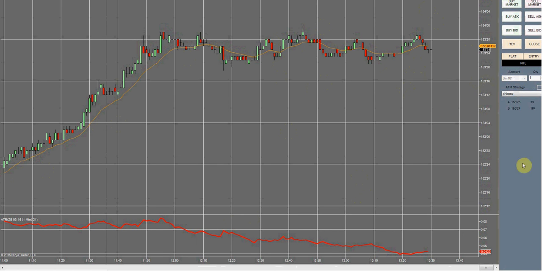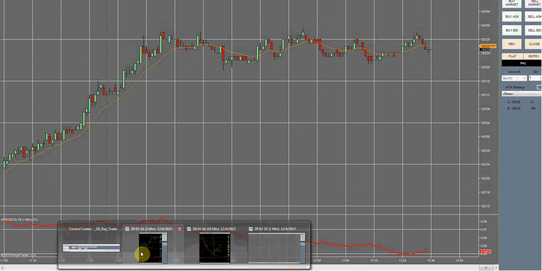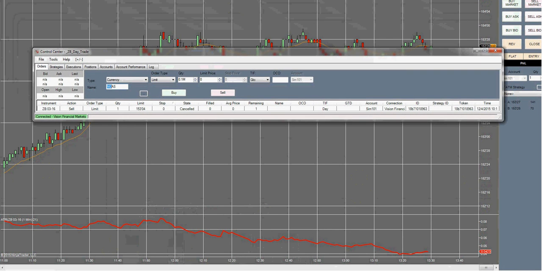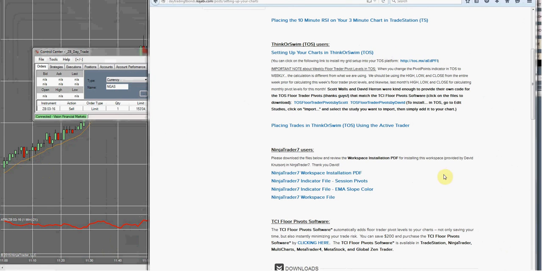And as far as actually adding the tools, when you get in the back office and they have it where you can download the different items, what you're going to want to do is just save them to your computer. For example, as you can see here, like the session pivots, EMA, slope color, you would save these to your desktop,